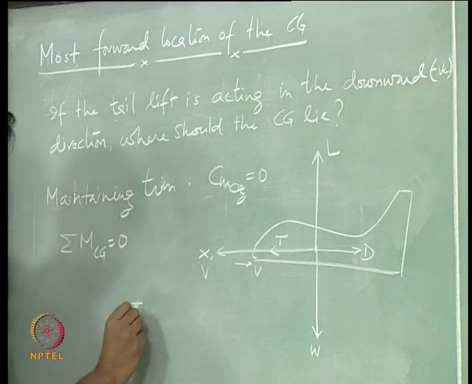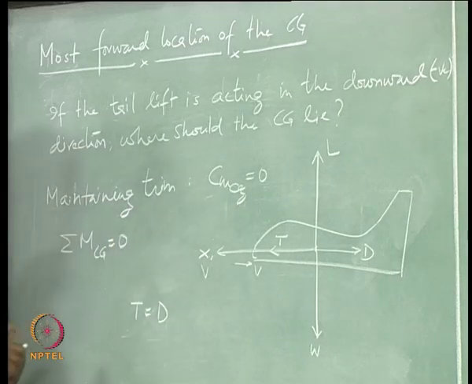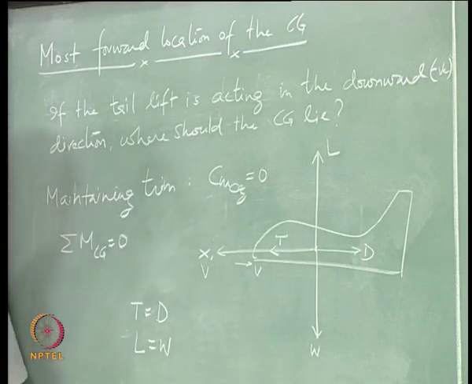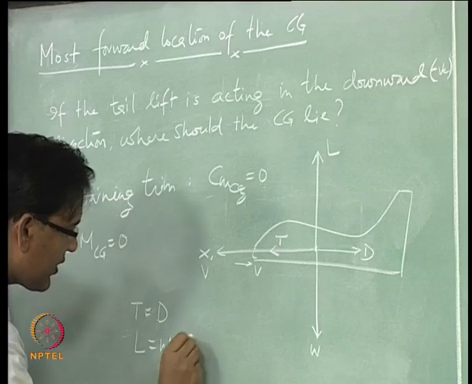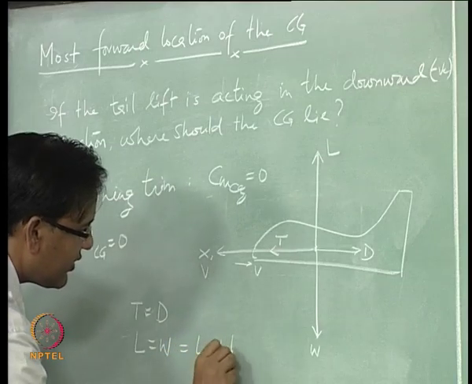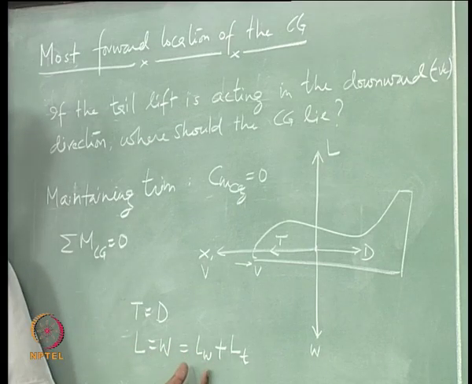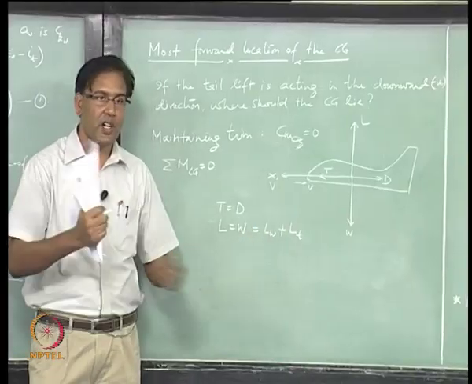Thrust should be equal to the drag, let us say we have ensured that, and lift should be equal to the weight, and this lift is the sum of the lift produced by the wing and the tail, right. This may be small as compared to this, but still we have to account for that when we are talking about